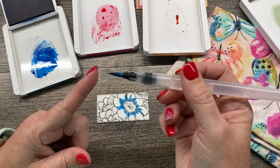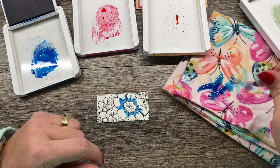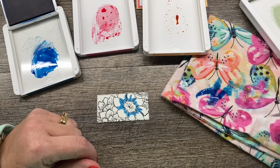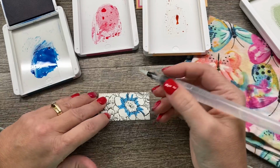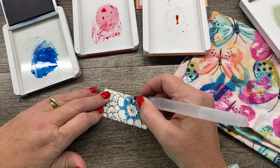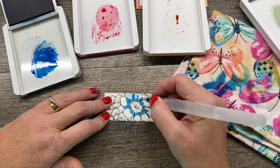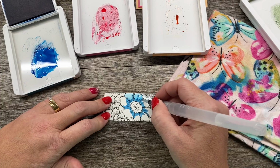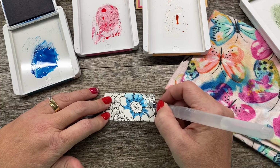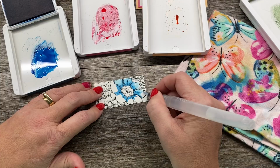Now what I'm going to do is I've got all this ink on my brush. I'm going to use this rag to clean it off. You can see, and I got a little crazy with the ink there. So it really helps to have this to clean your brush off. Now I want to squeeze this so I've got some clean water, and then what I'm going to do is blend this all out. Okay, and then what happens is I get a nice fading of the colors, blended, beautiful colors. And you can see I'm even leaving some white spots in here, and that's okay. That's kind of the beauty of watercoloring